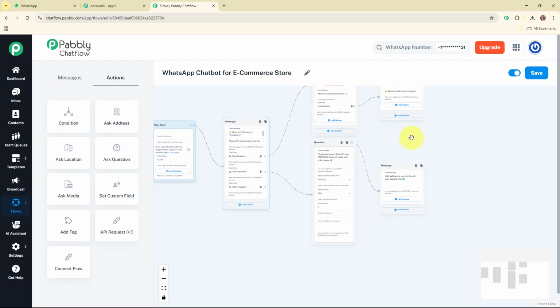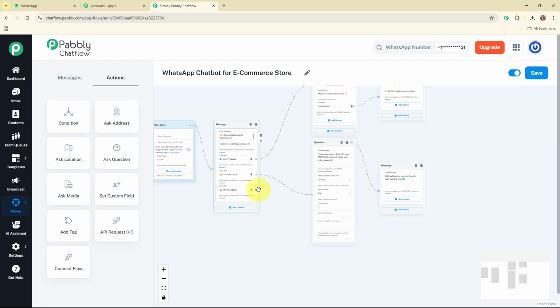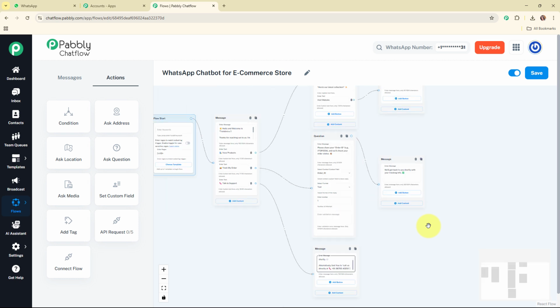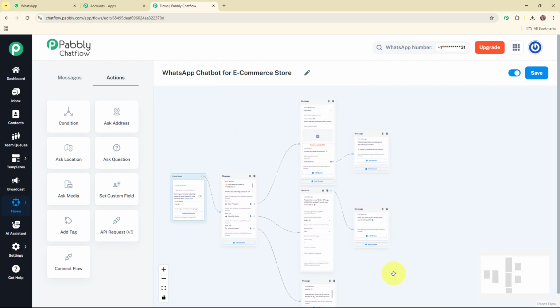So now after creating the WhatsApp chatbot for this quick reply button, we are going to move forward with the talk to support quick reply button, that is the last one over here. For that I'm going to add another text box over here, and here I'm going to add the text as: our team will get in touch with you shortly. Alternatively, feel free to call us directly at this number. Alright, so with this we have successfully added the message box for this quick reply button as well. So this was the entire chatbot that I've created for my e-commerce store.